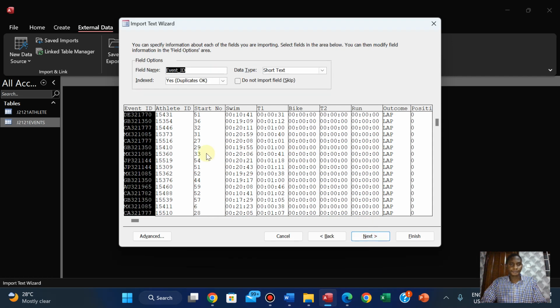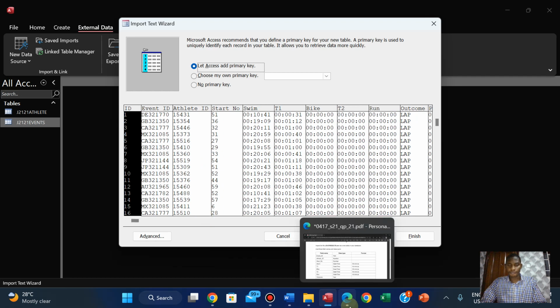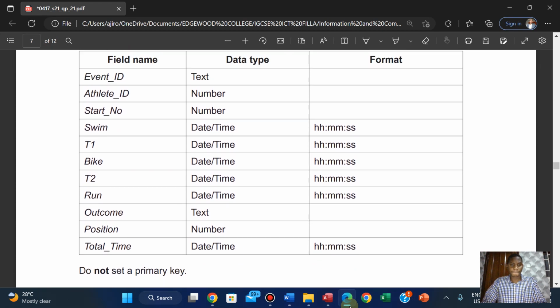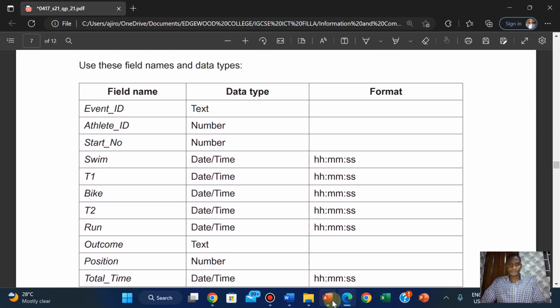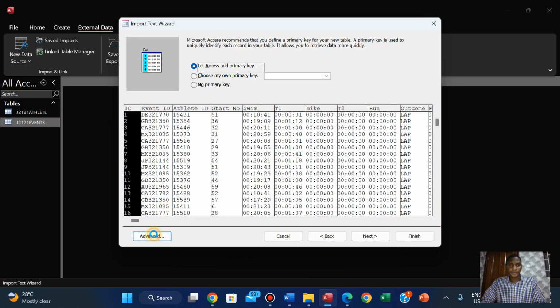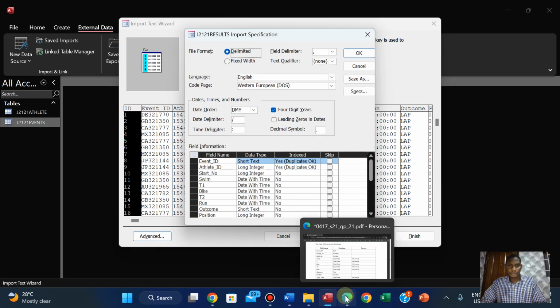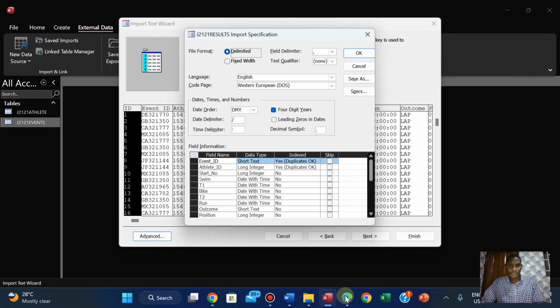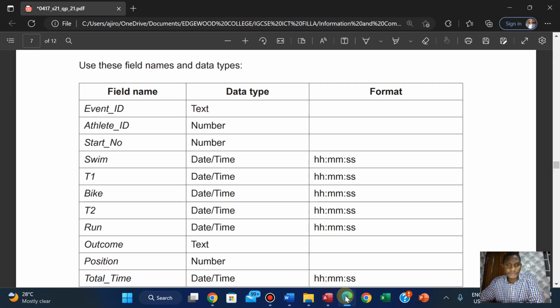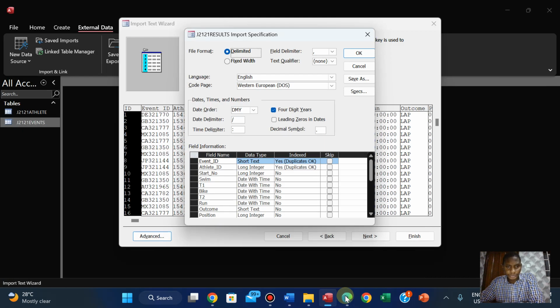Okay. Text, number, the swim, okay, date and time, T1 date and time, okay, T2 to run, outcome is text, position is number,